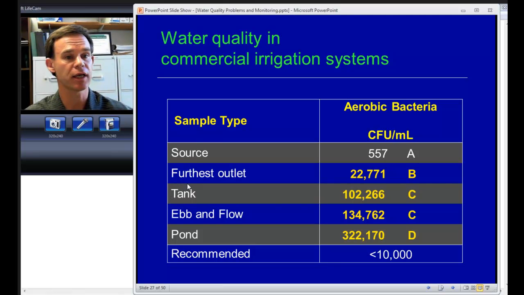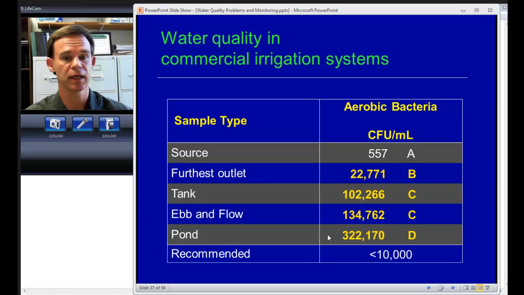This is a concrete-lined tank indoors. These are ebb and flow benches or concrete floors. And this is an uncovered catchment basin outside. And you can see that the difference from the source to the first outlet represents the biofilm that's growing in the lines. And anywhere you're storing water, a very high microbial load is likely to develop,